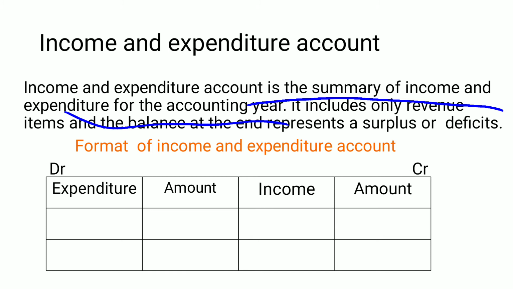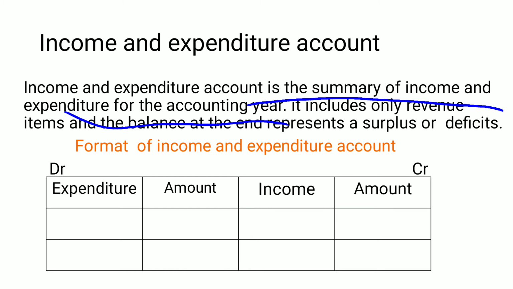If the total amount of incomes or expenditures, or receipts and payments, of the current year, previous year, and succeeding year means next year, is there, then the total summary is recorded in the receipt and payment account. But the income and expenditure account is also called a summary of income and expenditure of the current year.